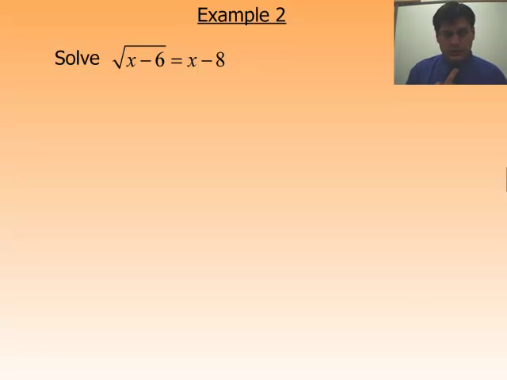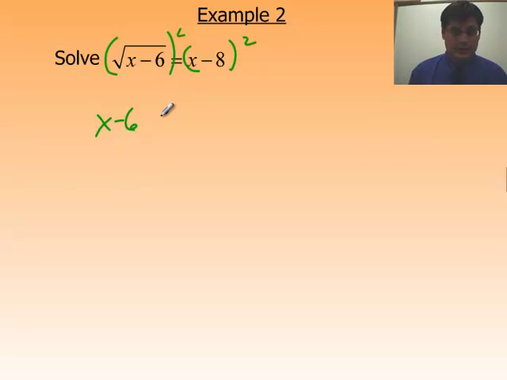Okay, the next one, I have an actual radical, and so I'm going to handle this like we have in the past with radicals. I'm going to square both sides. So I'm going to square this as well as this. This is going to leave me with x minus 6 because the square root and the square cancel out, and then (x minus 8) squared. Remember, exponents do not distribute. This is not going to be x squared minus 8 squared. It's going to be